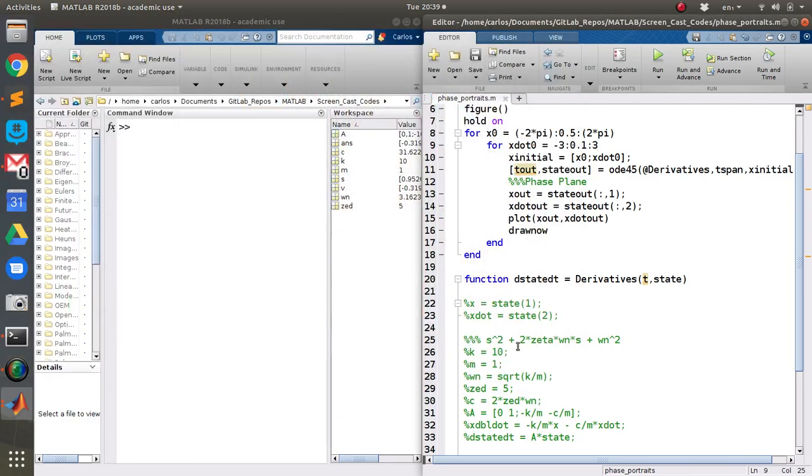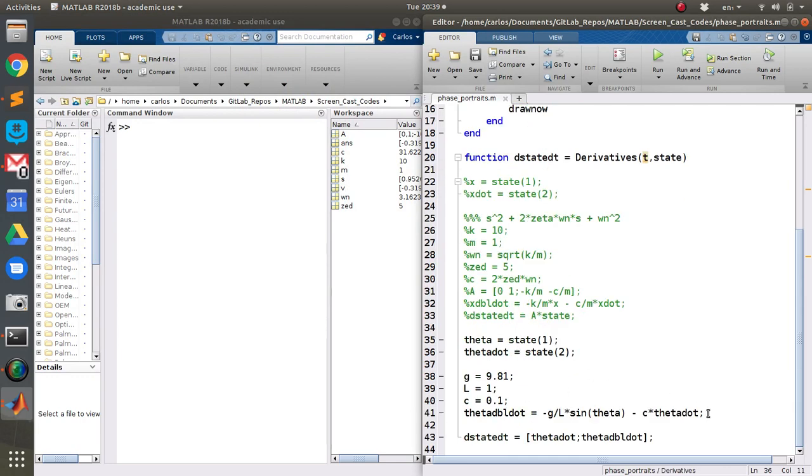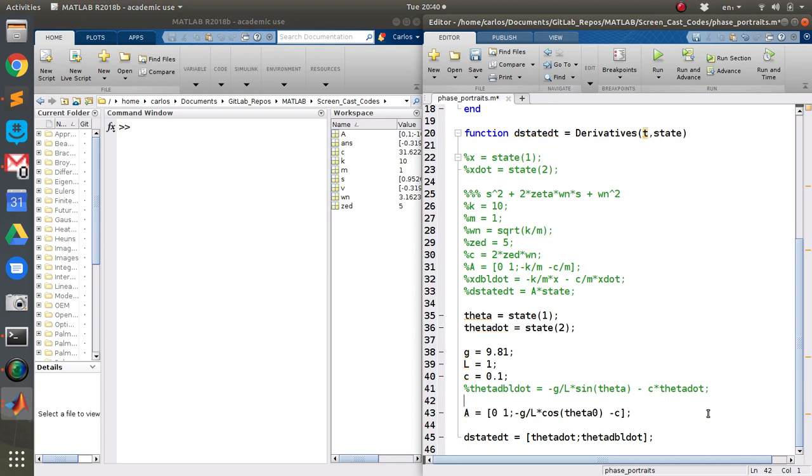Okay? Now this is all nonlinear, so how do you put this into a linear sense to get an idea of what's going on? So if you linearize this, your A matrix, it's pretty easy to do by hand, you're going to get minus G over L times cosine of theta 0, where theta 0 is your equilibrium point, and then you're just going to get minus C over here. Now, if you do theta 0 is 0,